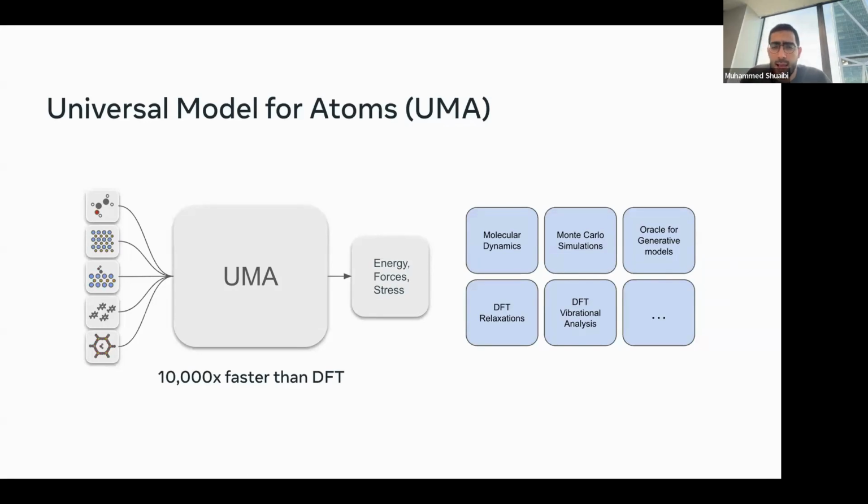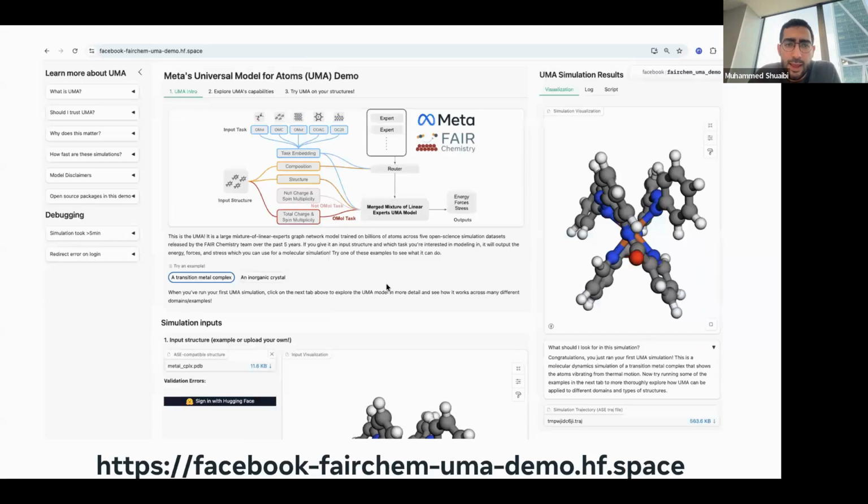We call this UMA. I'm not going to go into these details, but the idea is we have all these datasets, we train them together in this new architecture, and we have a single model that can run a variety of computational screening simulations. The things I showed you with the catalysis are often relaxations, but if I wanted to study how a protein behaves inside your body, I need to run this model for incredibly long time scales. So something like molecular dynamics is a tool you would use with this model. And we're working on this being also an educational tool.